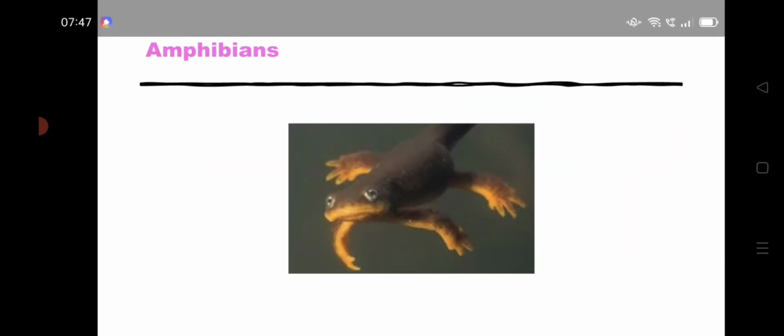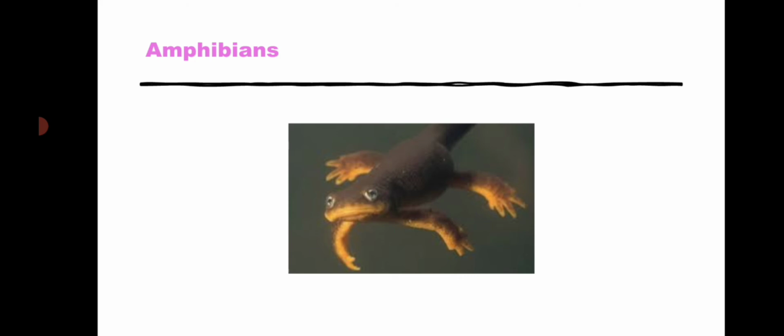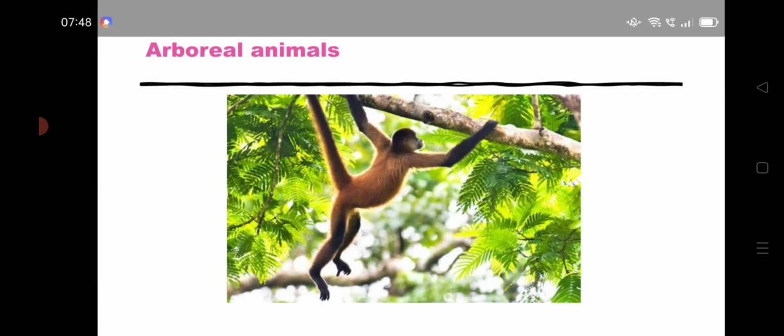Going to the next slide. This is the salamander. Salamanders are of different types. Some have gills to breathe, some have lungs to breathe. Some, while they are tiny, use gills to breathe in the water. But when they become mature, they develop lungs and go to the land and live there. So various types of salamanders are there. These salamanders can adapt to both land and water habitats. So these salamanders are considered amphibians.